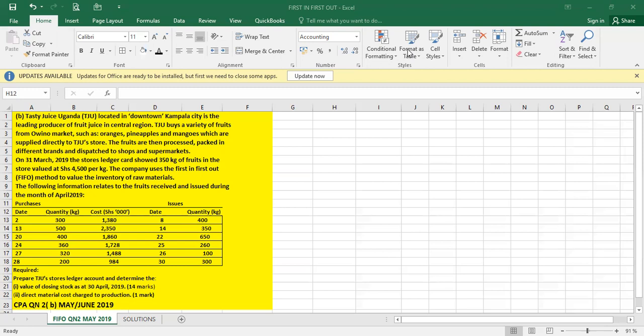That's what we are going to be looking at, and we are going to find out how we can value our stock, the stock we have in the store. How can we value that stock, especially when we are issuing some stock out and when we are buying some, increasing our stock? One of the reasons why we want to look for this value is to know the price at which we are costing